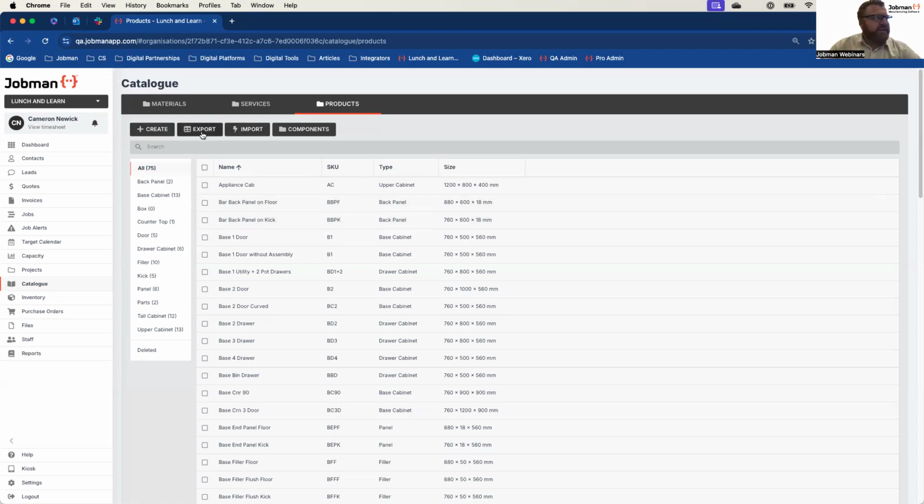Very easy. You can export your entire products list. And when you do so, it will export all the products in your list with all the relevant operations. You simply go in, tweak the numbers, suck this back in, and that will automatically update all your products. So going forward, all of your quotes will be updated, all your time allowances will be increased or decreased.